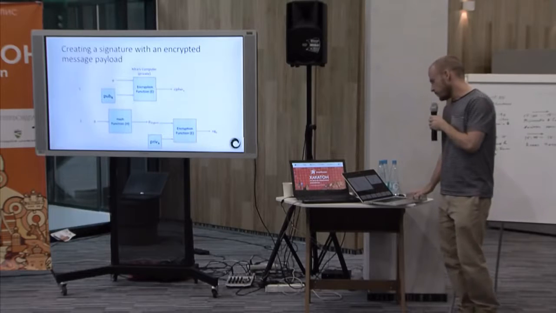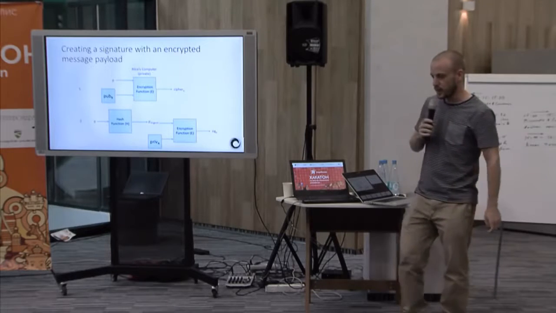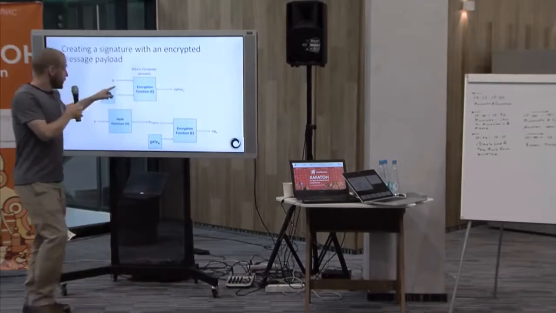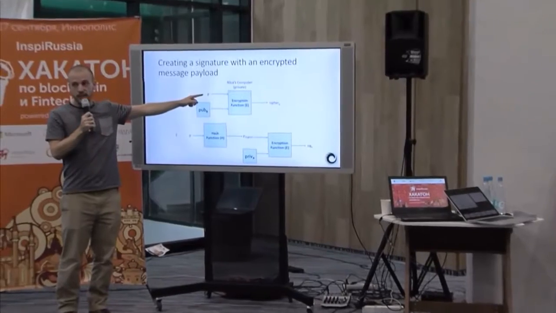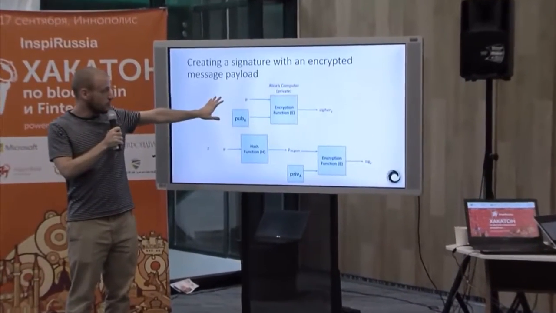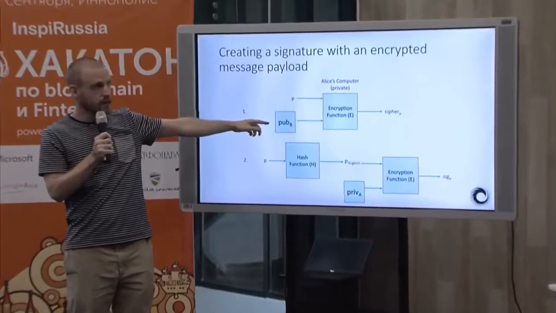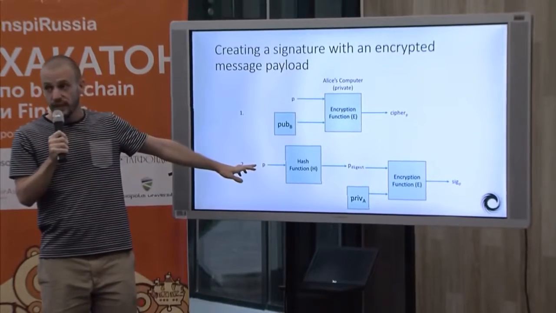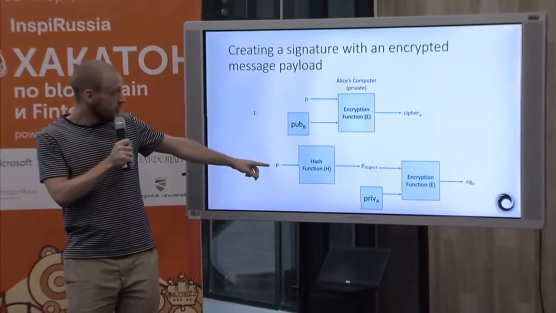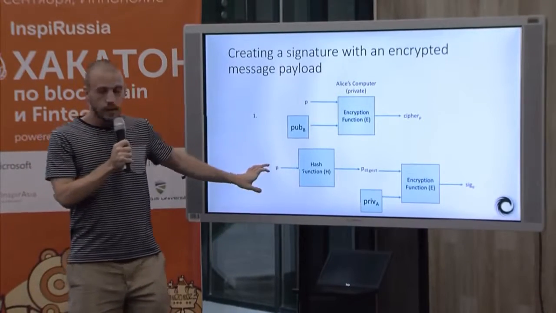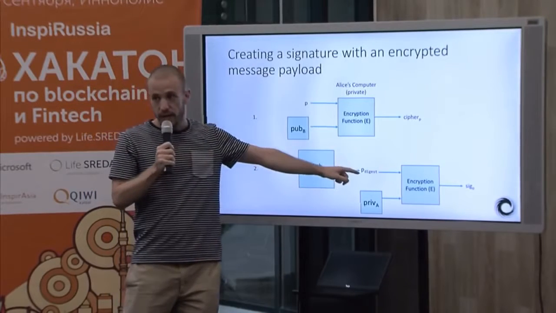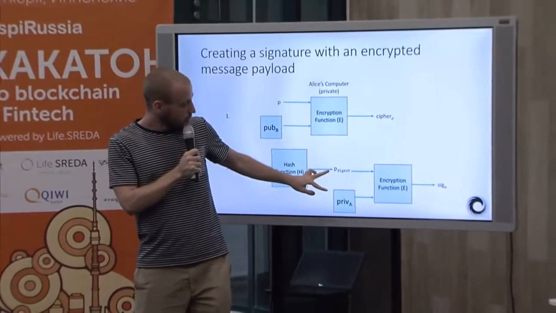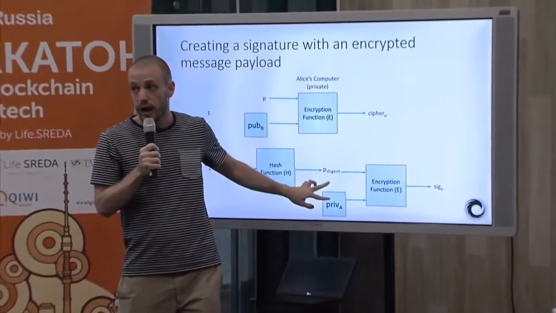Okay, so we're going to combine hashing functions and public-private key cryptography to produce digital signatures. Here we're on Alice's computer. P is our plain text. This is our message that we're going to send, and we're going to encrypt it just like before using Bob's public key. So we get our ciphertext out. And then down here, to produce the signature for this message, we take the plain text. We're going to hash that plain text, so we get a digest, a fingerprint of the plain text. Then we're going to encrypt the digest using Alice's private key.